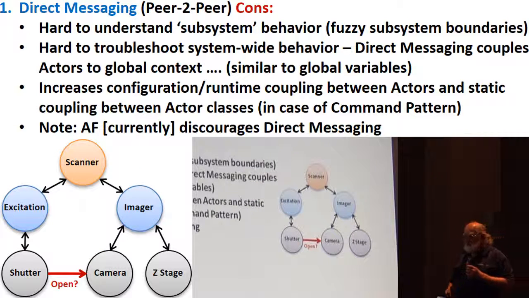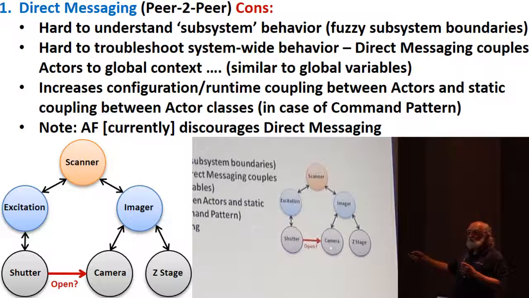We'll fix everything. Okay, so I'm done with SOLID and now messaging topology. This is a quick one. There are essentially 3 messaging topologies. One is direct messaging. This is your sample scanner, and you have a shutter and a camera. The camera object wants to know the state of the shutter before it takes an image, so the shutter would send its state to the camera.